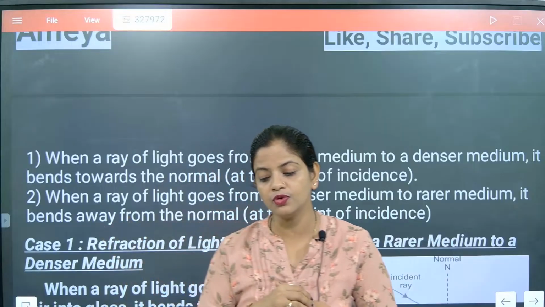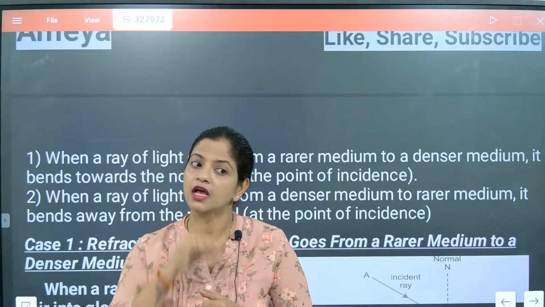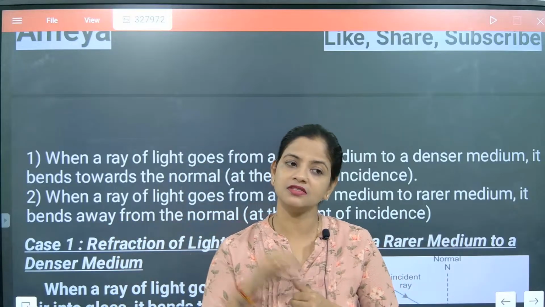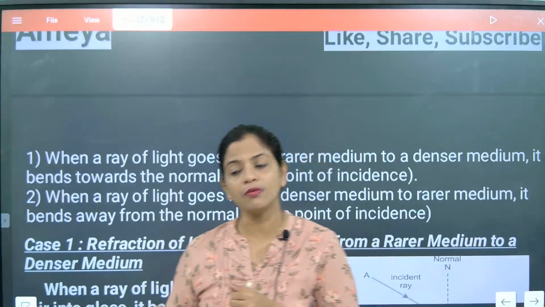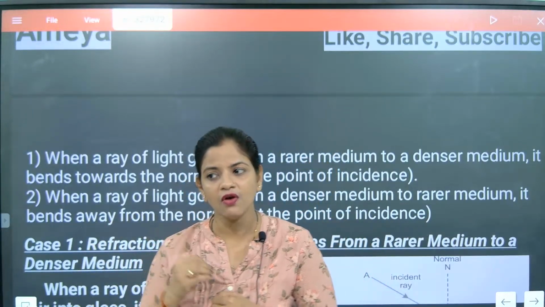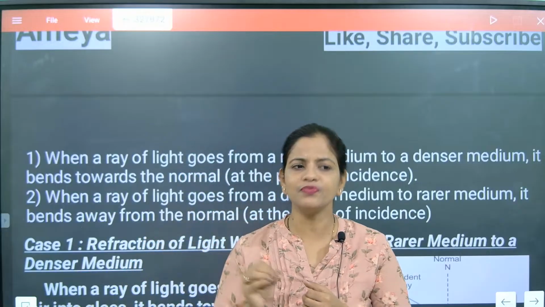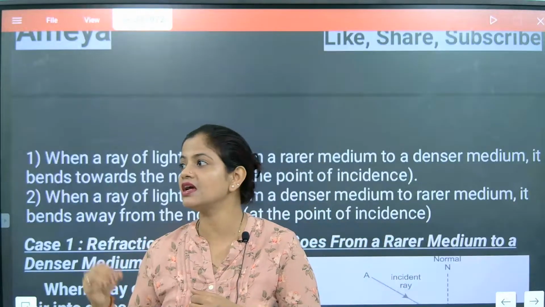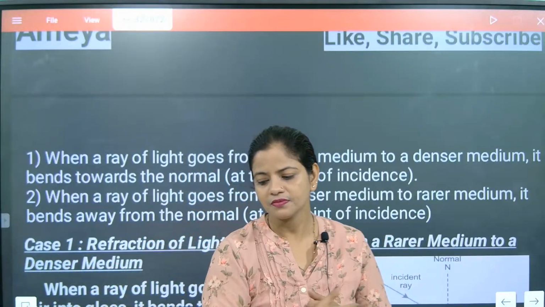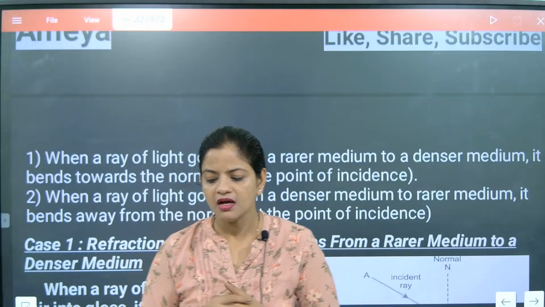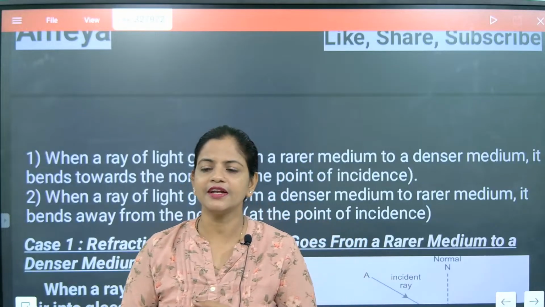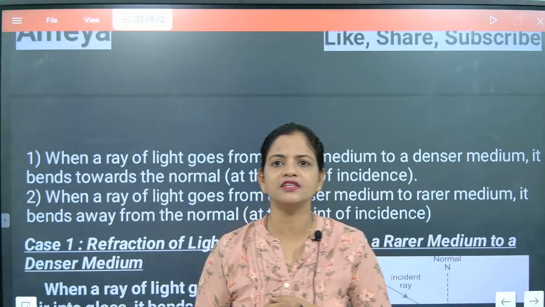And then we came to know that optical density is not the same as normal density, because normal density is mass by volume. But here optical density has to do something with the particles that are making the glass. That is making a glass. So optical density,